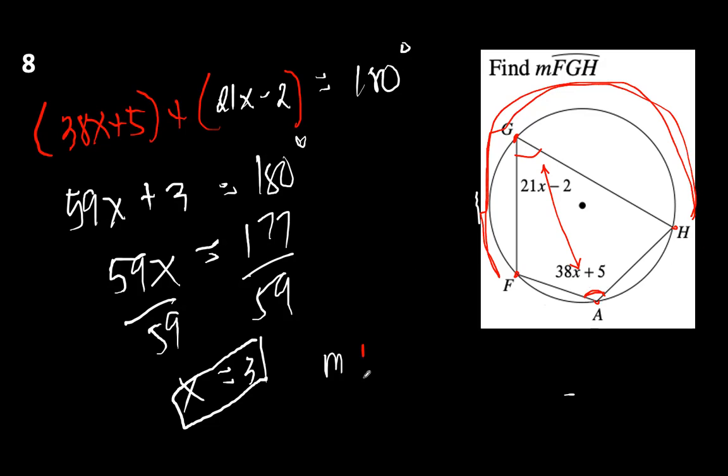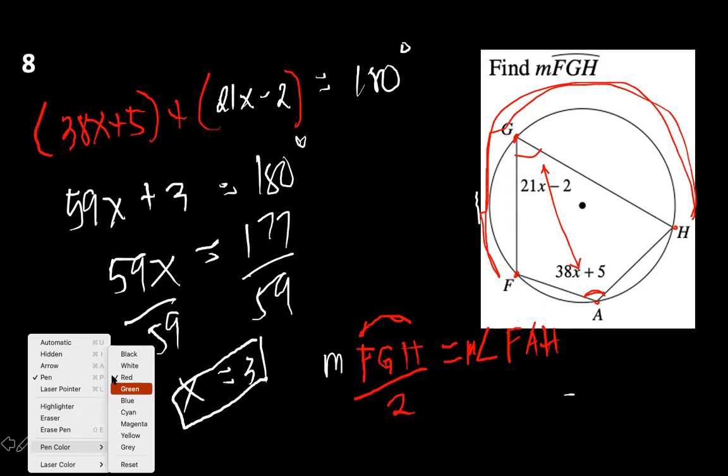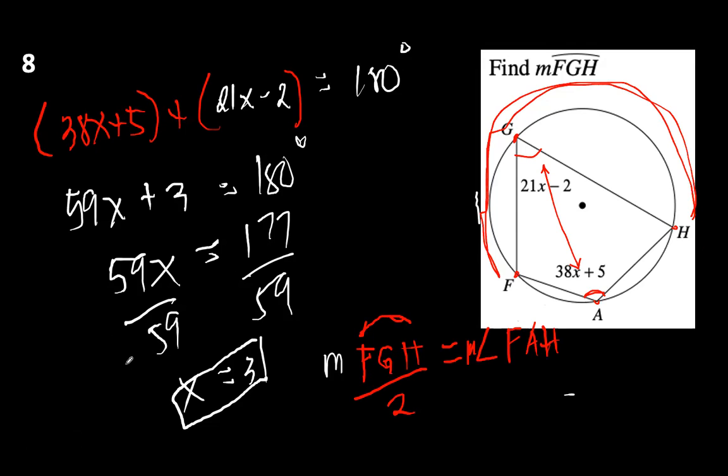So the measure of arc FGH is equal to, half of this is equal to the inscribed angle FAH, right? Okay, so we know that